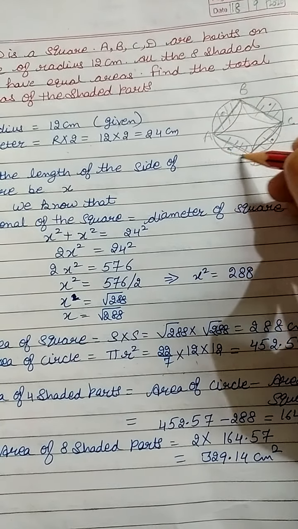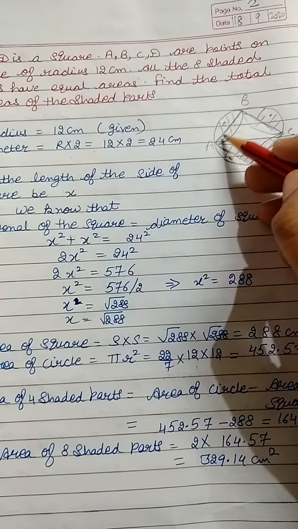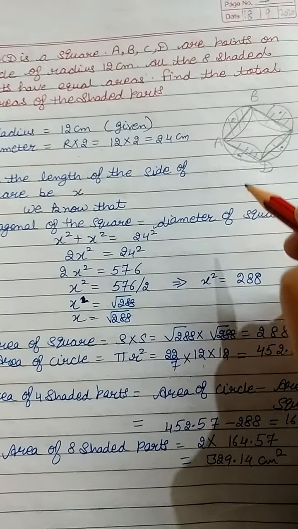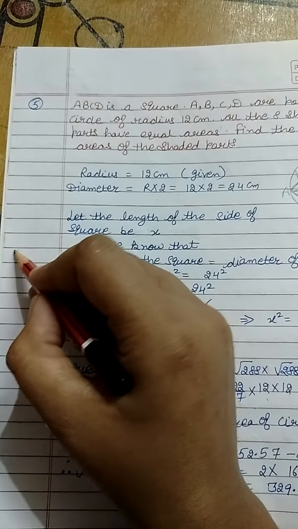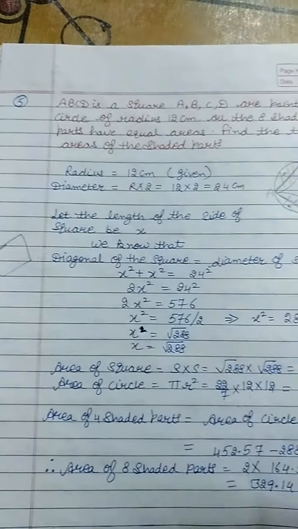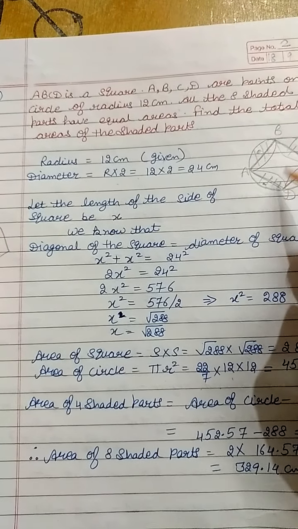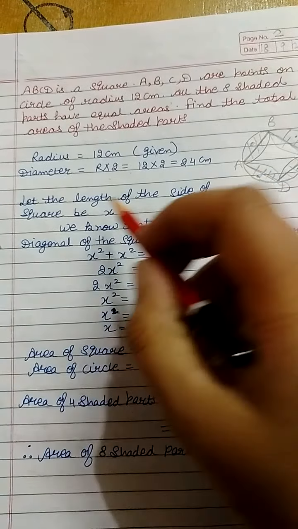First of all there is a need to find out the area of the circle, that is this one. Now there is a need to find out the area of the square. So for that there is a need of the side, and here you may see the square is there inside. Square is there inside. Okay, inside we are having that square, and we do not have the side of the square. First of all there is a need to find out the side of the square.